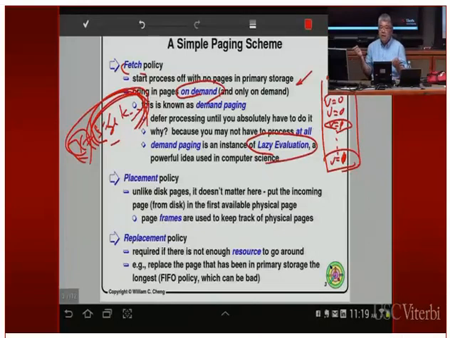All the other stuff, if you don't bring them in, then you don't need to commit physical memory to store that data. Okay, so in the end, it is the physical memory that is precious. If you load up all your physical memory with data that you don't really need, then eventually you have to throw it out and bring in something that you need, to replace that page of physical memory. All right, so the philosophy of lazy evaluation applies really well in the fetch policy of the operating system when it comes to virtual memory. Okay? All right, so lazy evaluation is a general principle.